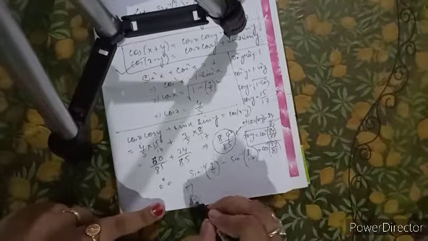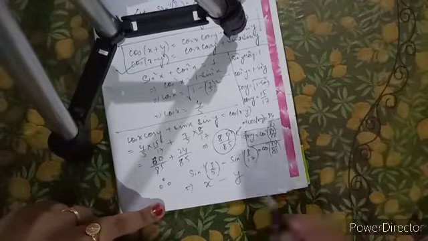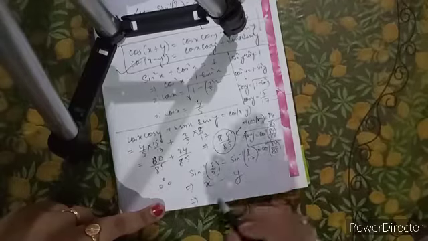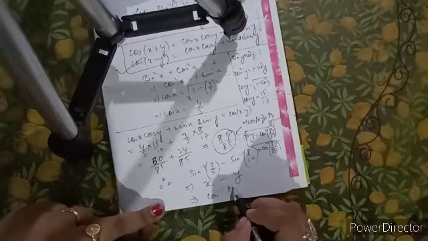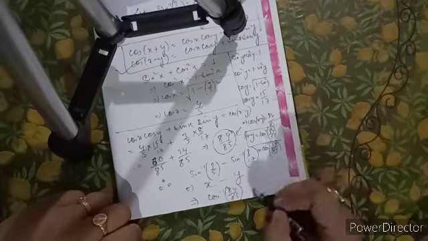Is not it? So here this was considered as your x, this was considered as your y. So x minus y value is what? Cos inverse 84 by 85. So if you see the left hand side, it is coming equal to our right hand side. Therefore the proof has been done.